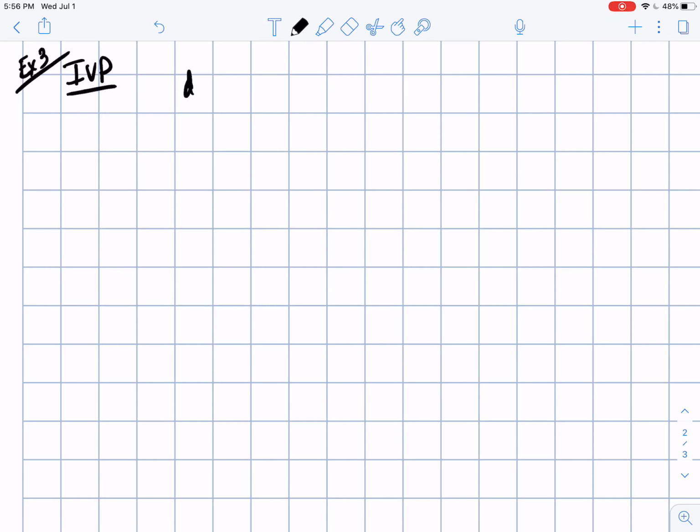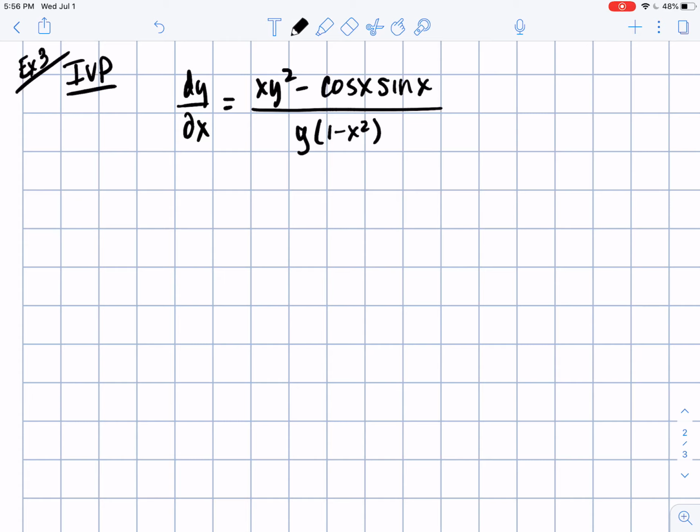All right, so here you have dy/dx equals (x y squared minus cosine x sine x) over (y(1 minus x squared)). Okay, so let's rearrange it so it's in the form that we like. Also, there's our initial value. If you're cross multiplying and bringing everything over, you're going to have y(1 minus x squared) dy. Here we'll have x y squared minus cosine x sine x,